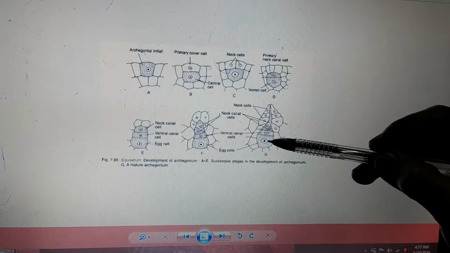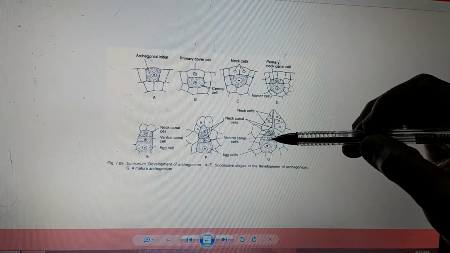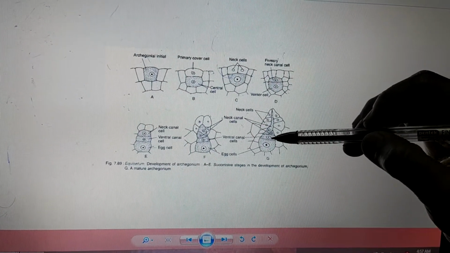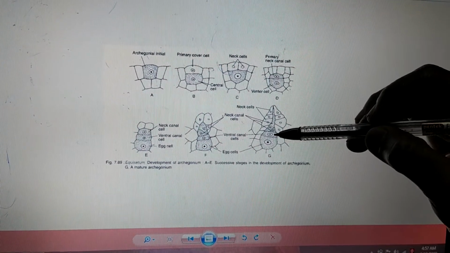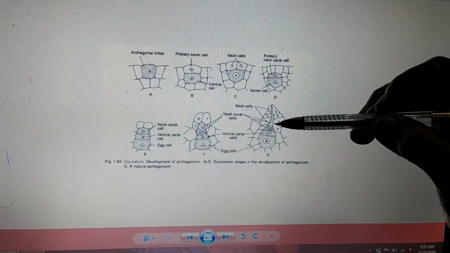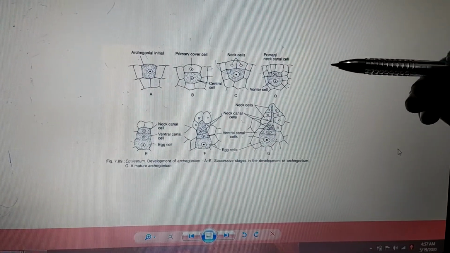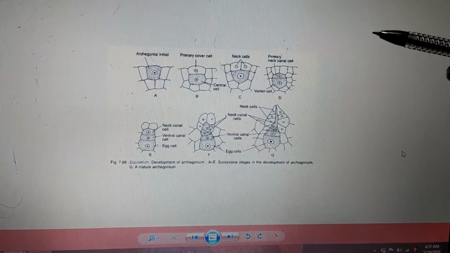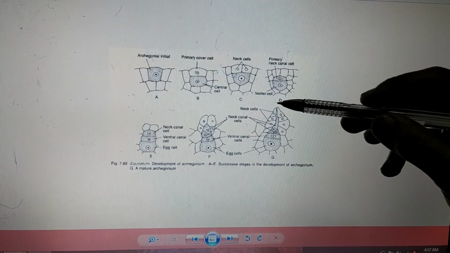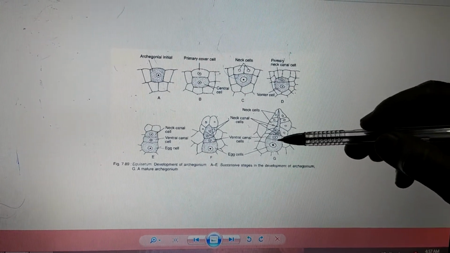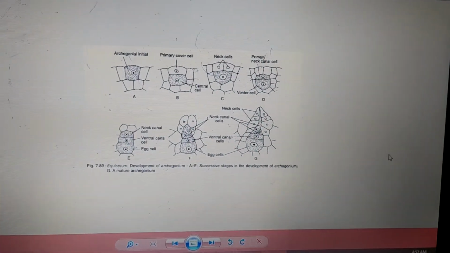When this archegonium reaches its maturity, all these ventral canal and neck canal cells are going to disintegrate and form a mucilaginous structure, which is going to absorb water, and it is chemical in nature. So they are going to attract the multiflagellated antherozoids, spirally coiled at the apical region and expanded at the base. This is going to burst open, leading to formation of a path where they can swim and reach the mature egg in order to undergo fertilization.